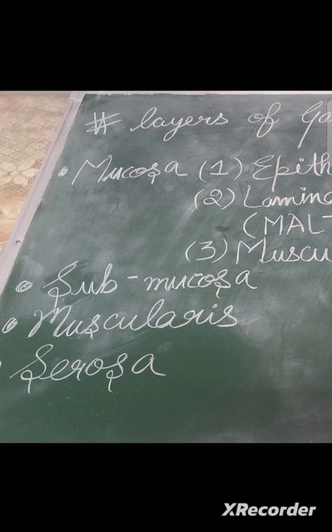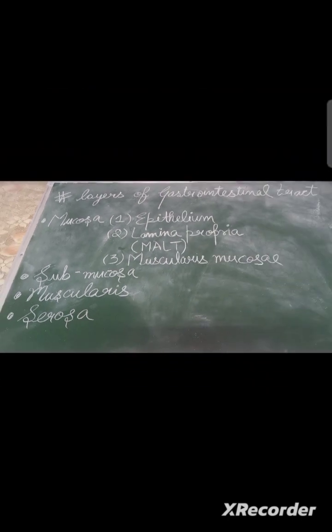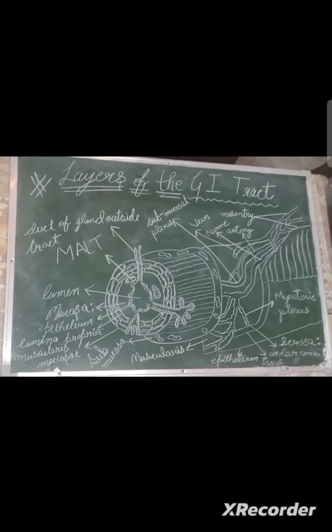Now the last one is serosa. Those portions of the GI tract that are suspended in the abdominopelvic cavity have a superficial layer called the serosa. As its name implies, the serosa is a serous membrane composed of areolar connective tissue and simple squamous epithelium. The serosa is also called the visceral peritoneum because it forms a portion of the peritoneum, which we examine